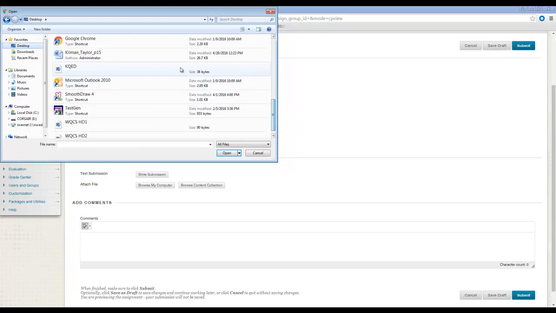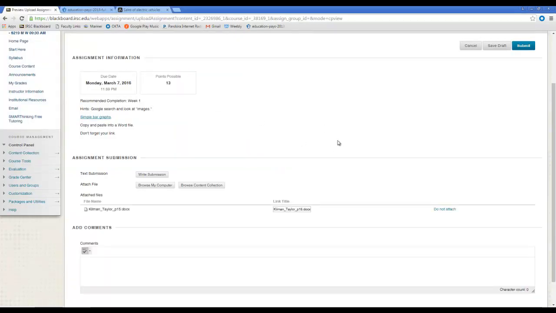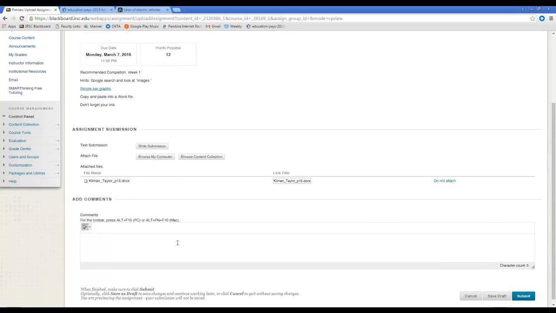Oh, there we are. And all you have to do is attach the file. If you want to put any comments there, feel free, but make sure that everything that's supposed to be in the assignment is in the attached file. Don't try to skip on stuff in your file and supplement here. If you have any questions or comments, you can put those there, but everything that's assigned needs to be in here. And notice how it's a docx